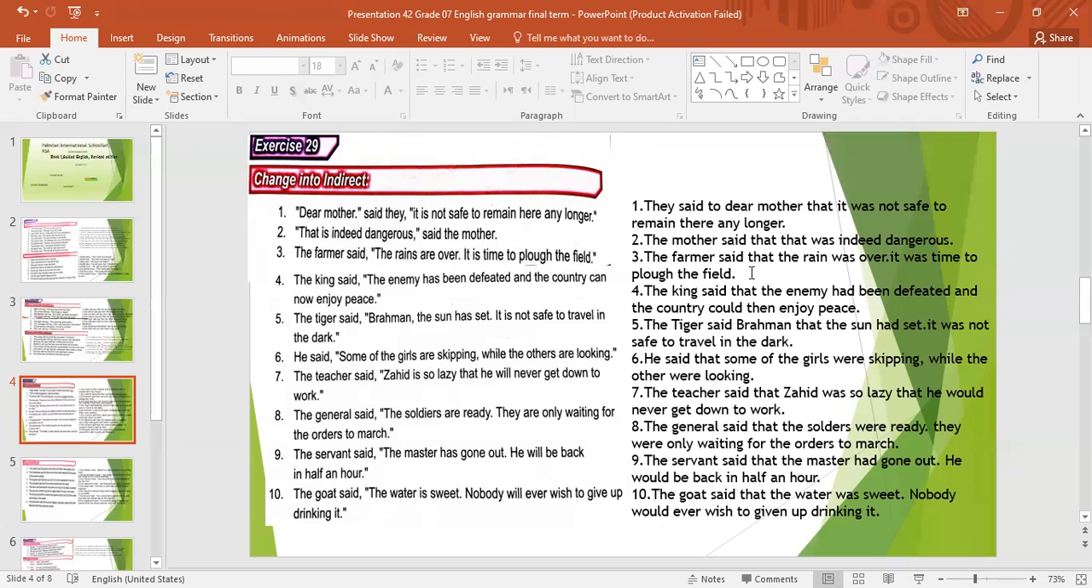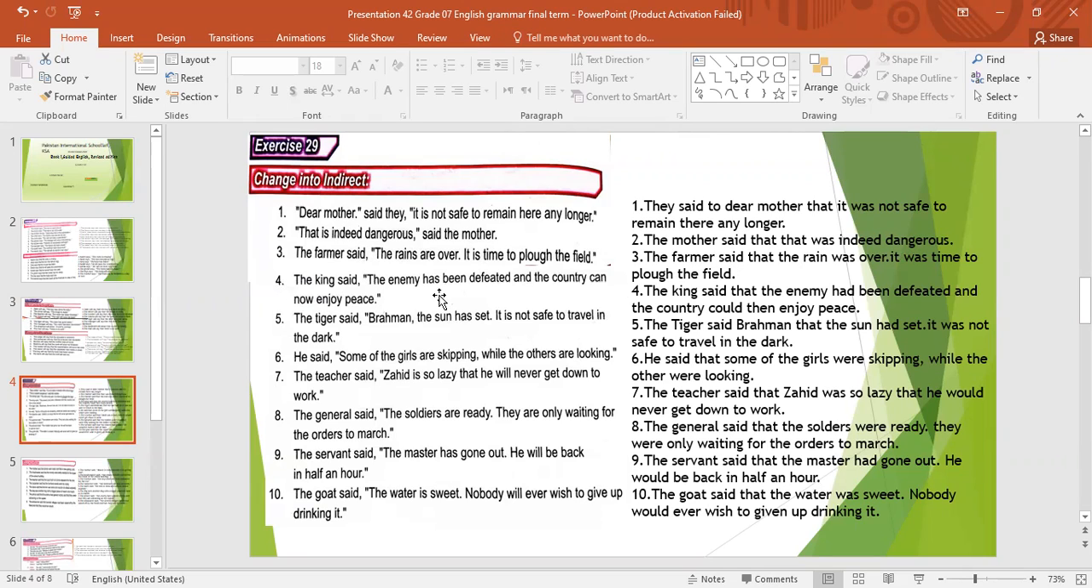The farmer said that the rain was over. Okay, "are" will change to "was" because this is past tense. And the next sentence, "it is time", becomes "it was time to plow the field." Sentence number 4: The king said,